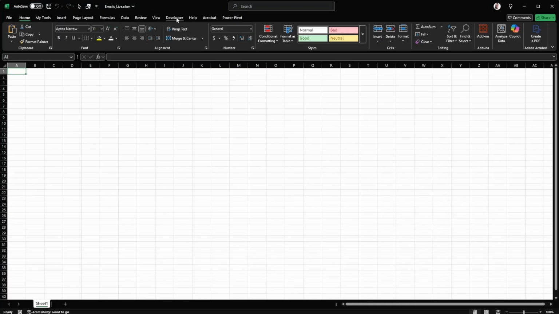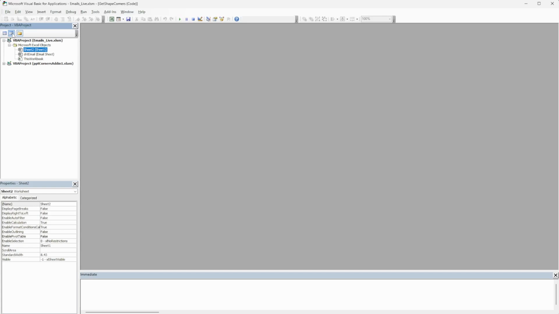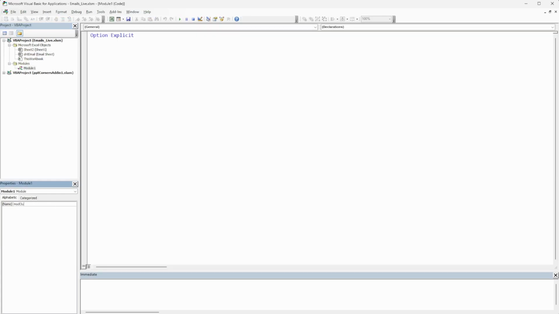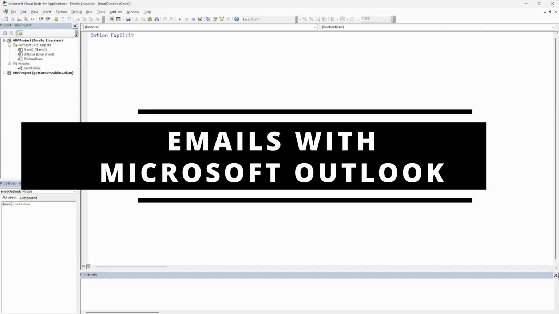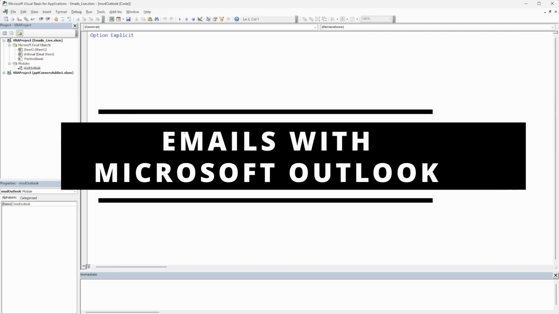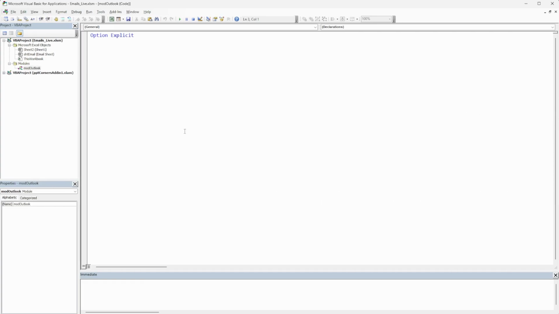So we're going to create two different methods for sending emails. We'll jump into the Visual Basic Editor and we'll create the first module, which will be modOutlook. This module is going to use Outlook to send emails. So we're going to create a routine that's just going to send an email using Outlook that's installed on the